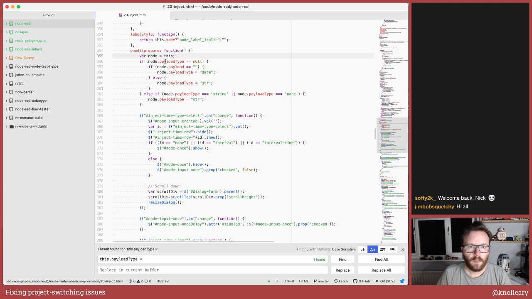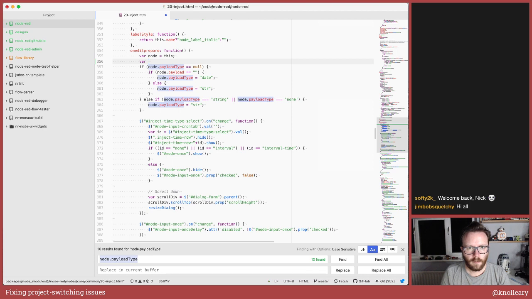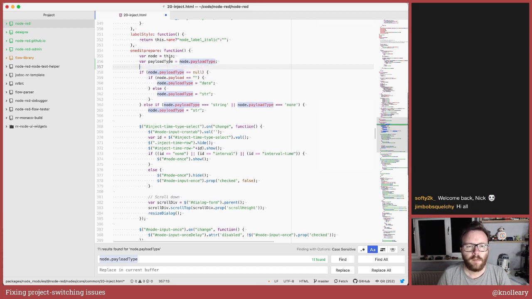So what we are going to do is we're going to introduce a new variable here, payload type. Is it just payload type we care about? Yeah. And we're going to start by setting that to node.payload type. And then wherever here we've got this additional logic which is resetting its value, we're going to now reset our local variable rather than the